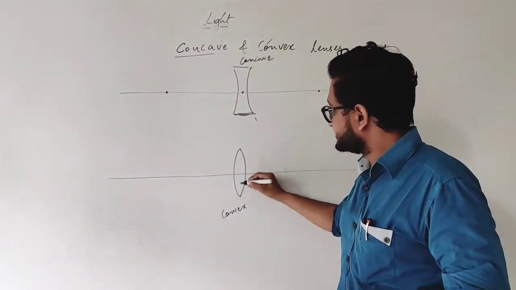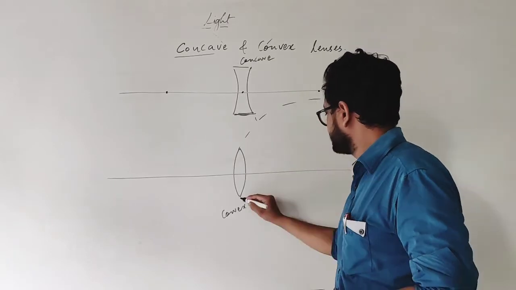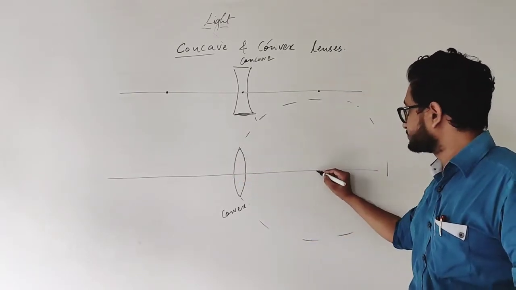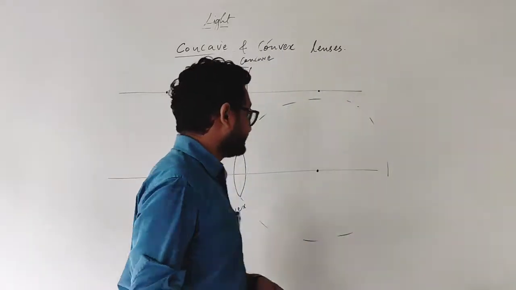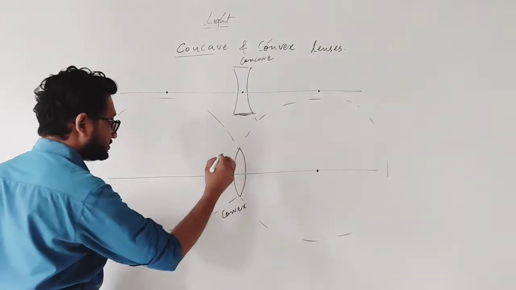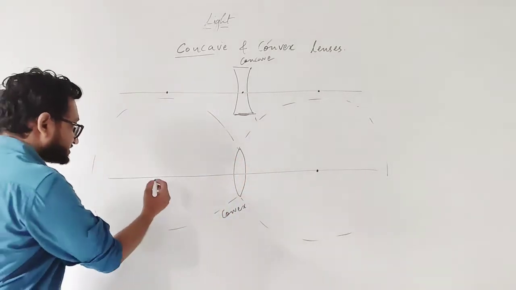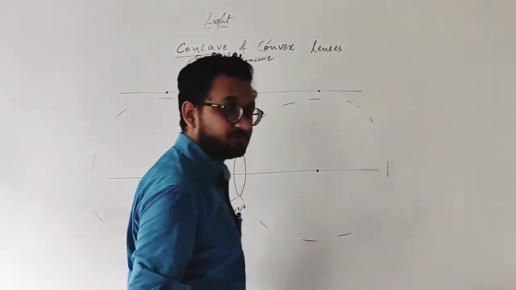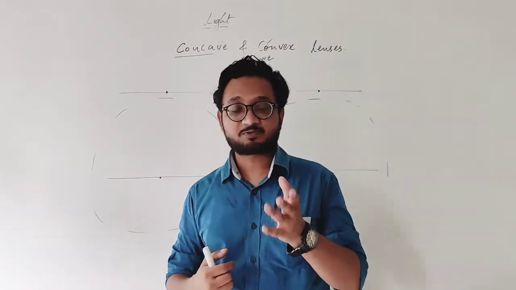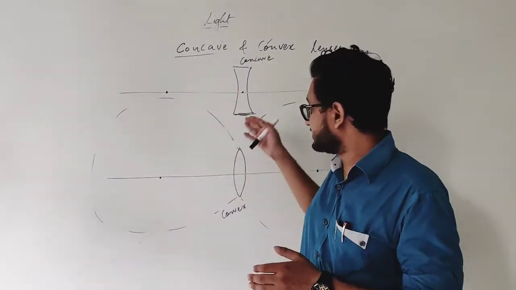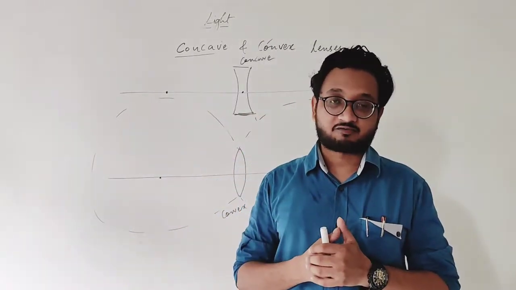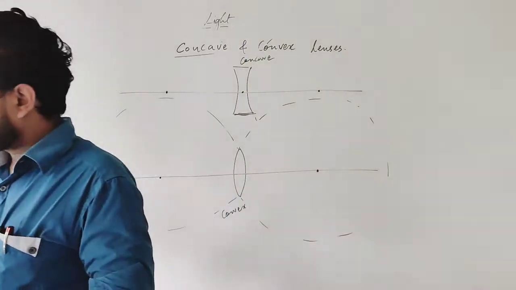A convex lens. So imagine a sphere like this. So there is the center, this one, and the other sphere like this. And this one has a center as well. So they both have centers on both sides, because the lens is a transparent medium as well, and because there are two curved surfaces, there are two centers of curvature. I hope it is clear to you, students.